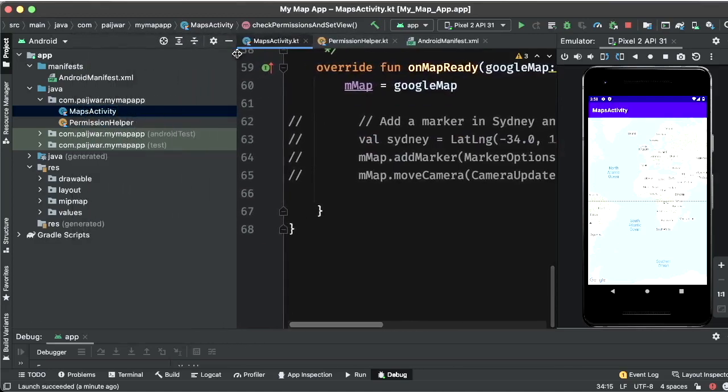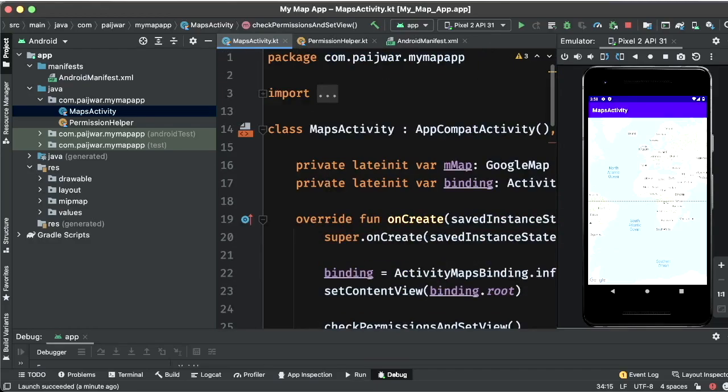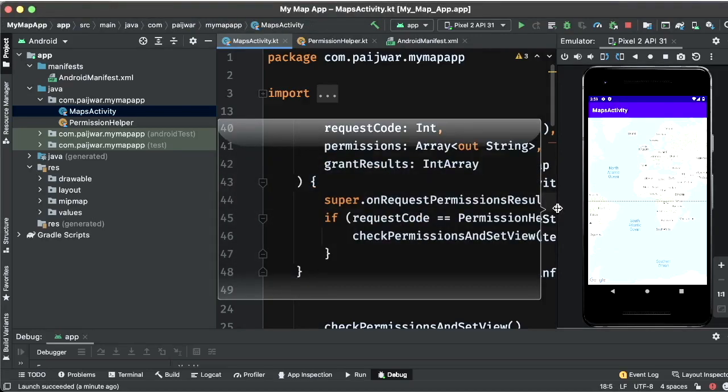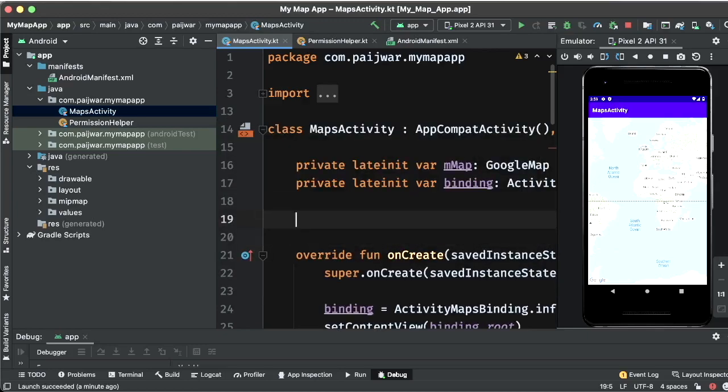Now to get the current location, what we will be using is the fused location provider client, and that will help us in getting the location. This has changed since a long time ago.